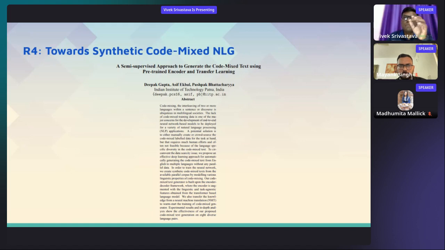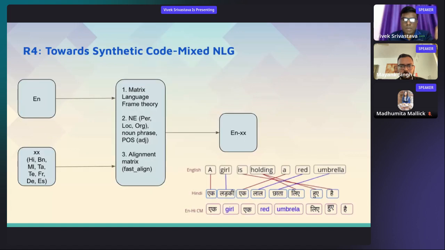In all the first three data sets, we had sentences generated by annotators. There was no synthetic data or even NLG systems in place that could generate these code mix sentences, right? But this is one of the very earliest steps towards generating synthetic code mix sentences. The first step still remains